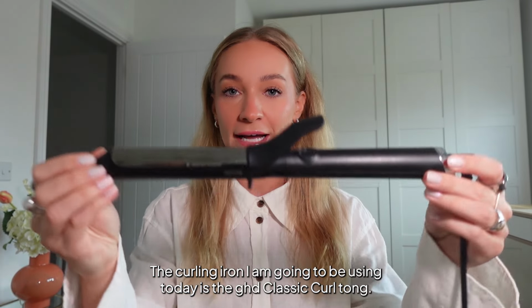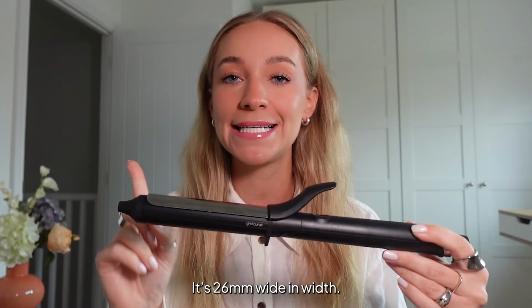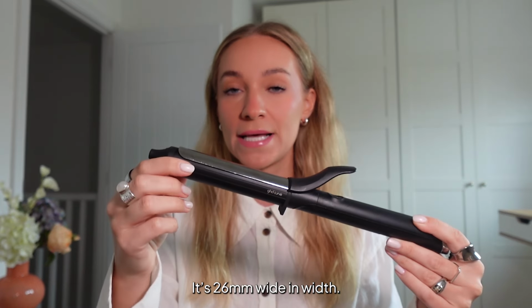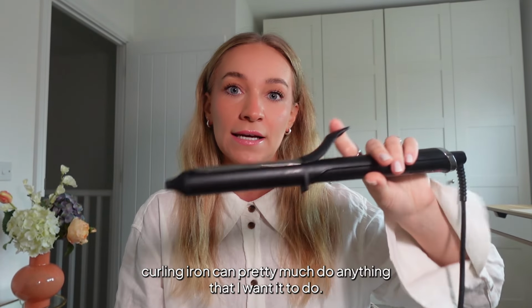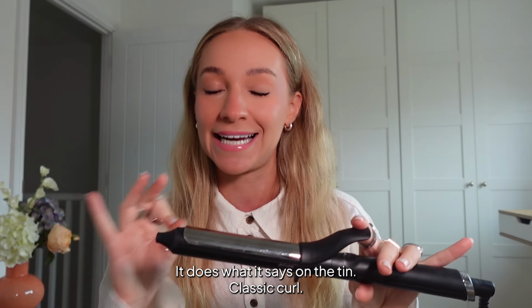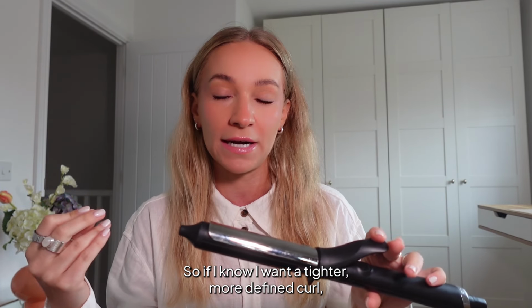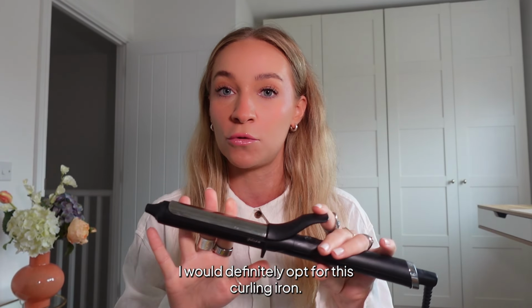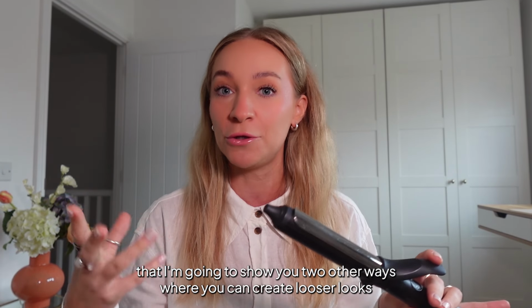The curling iron I am going to be using today is the GHD Classic Curl Tong. It's 26mm wide in width, or if you're in the US, that's 1 inch. So I honestly just find this curling iron can pretty much do anything that I want it to do. It does what it says on the tin, classic curls. So if I know I want a tighter, more defined curl, I would definitely opt for this curling iron. But then again, saying that, I'm going to show you 2 other ways where you can create looser looks with